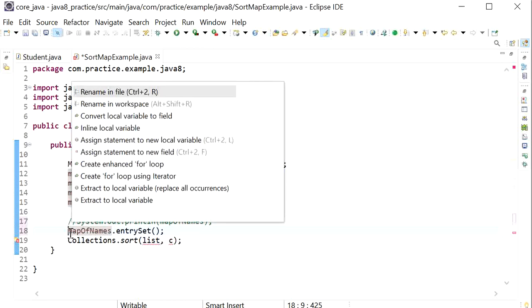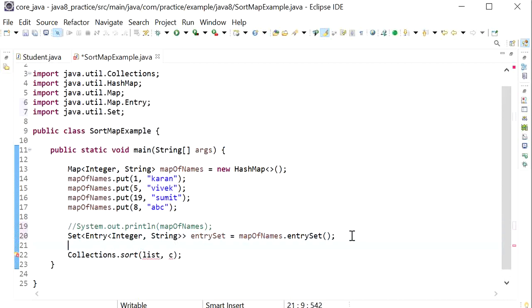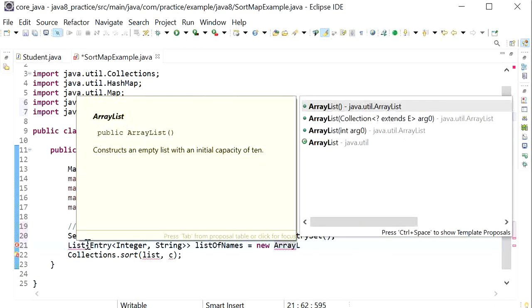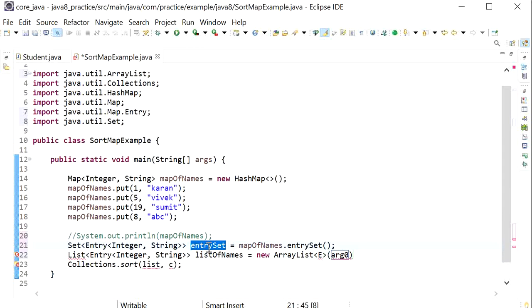So it will return the set of entry objects, and now I need to convert this set into a list. Then I will create an object for a list of names, new ArrayList, and pass this variable name as an argument.